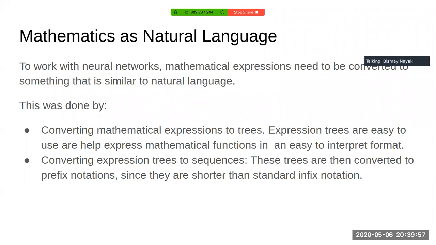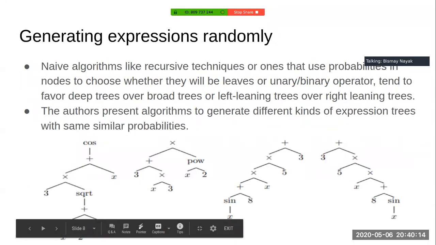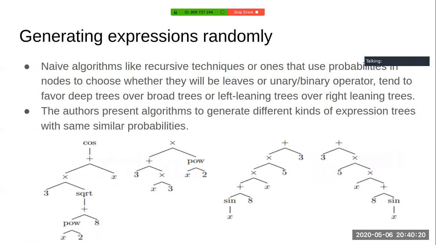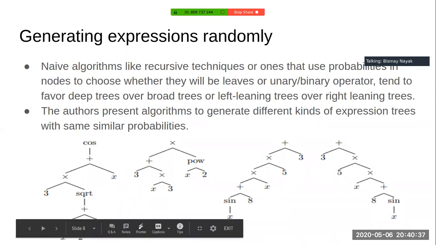So expression trees, I think most of you should know about it, are used to denote how a particular mathematical expression should look. So the internal nodes, you can see here, represent a particular function, right? So addition and multiplication are binary operations. So it spans usually over two variables, or one constant and another subtree, or another variable or another subtree, something like that. And a unary operator like the sine function